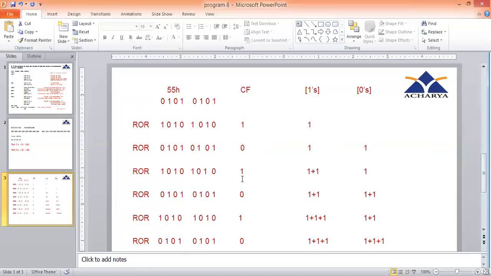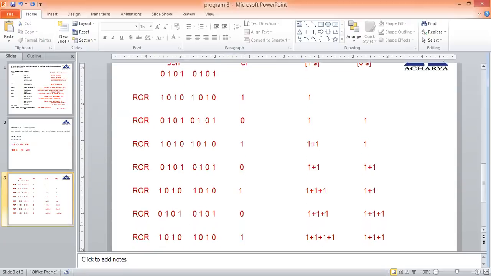The next time the carry flag is 1, increment the counter for 1. Next time the carry flag is 0, increment the counter for 0. And when the carry flag is 1, increment the counter for 1. So how many times do you proceed? To get the complete count, you have to rotate it 8 times, because it is an 8-bit number in the example I have taken. So 8 times you rotate, and 8 times you check the carry flag.